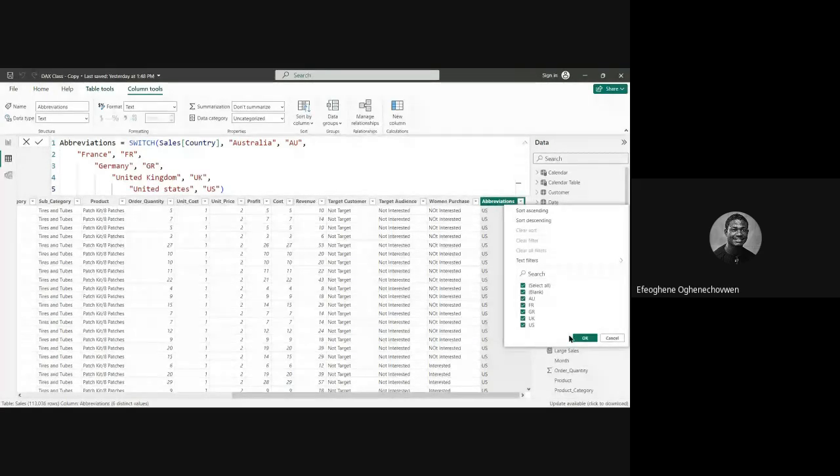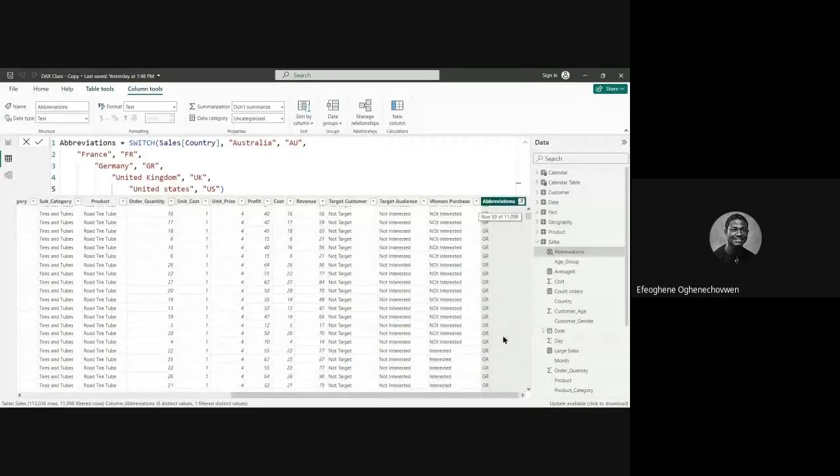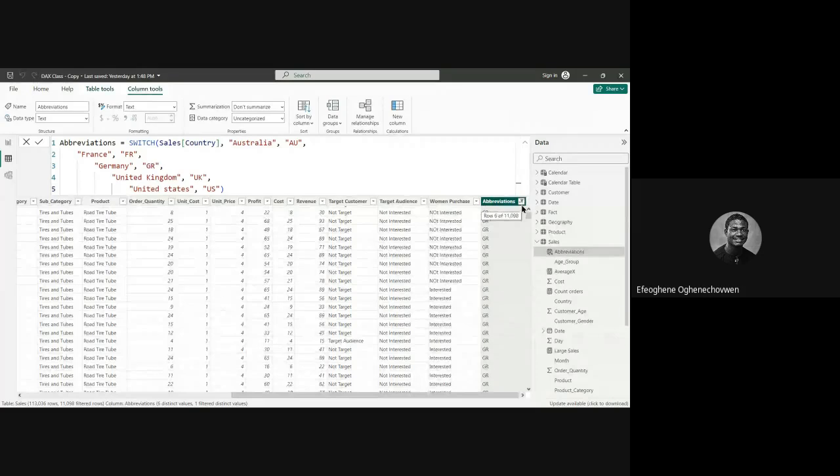If you look at the function, let's filter for Germany. Let's be sure our function evaluated. So we have Germany, all right. So it evaluated. I'll get rid of that blank. There's something